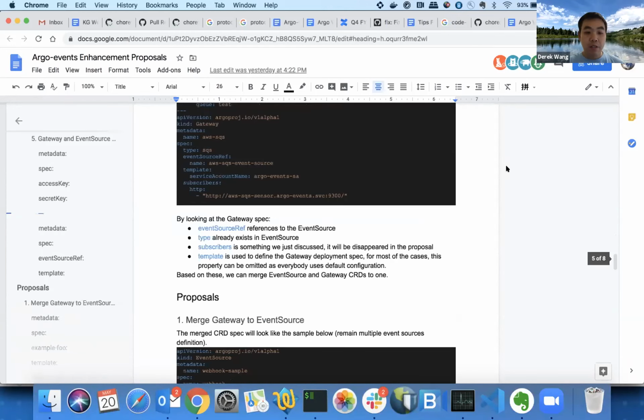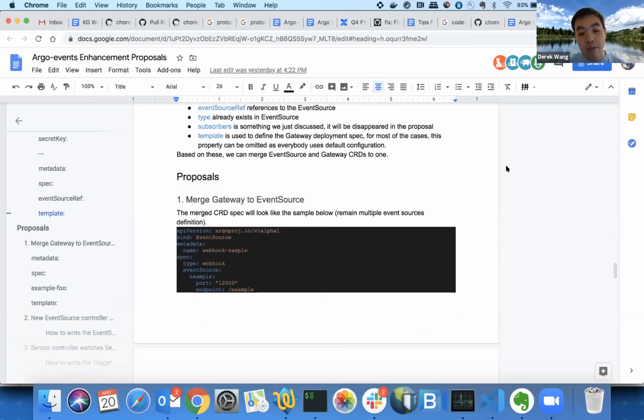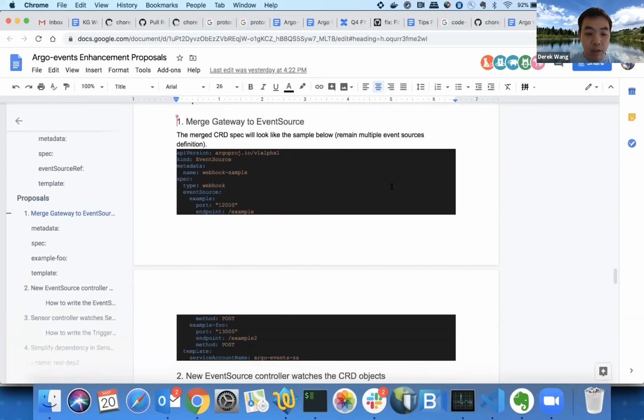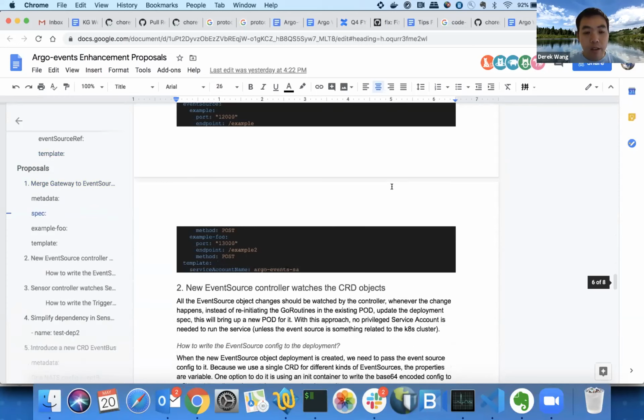So the first thing we're going to do is merge the gateway object into event source. Right now we have 3 CRDs in Argo Events: gateway, sensor, and event source. After the simplification of the gateway, you'll see that there's almost nothing left in the gateway object. So that's the reason we want to merge the gateway into event source, and then later on you only need to give all your event-related definitions in the event source spec, and then there's no gateway at all. So that's the first thing we want to do. Next one is,